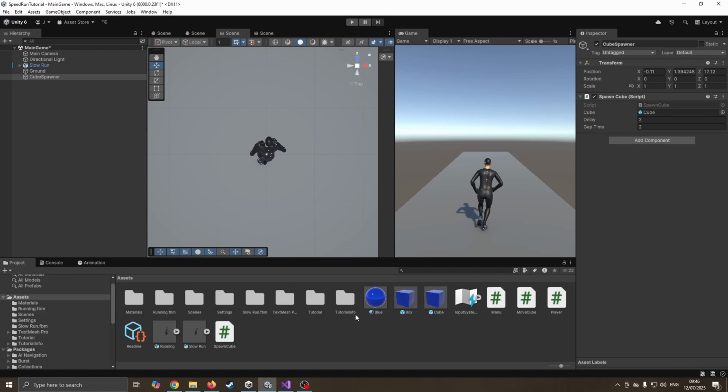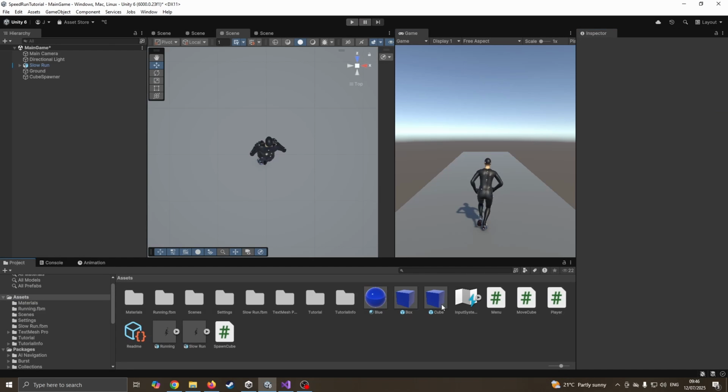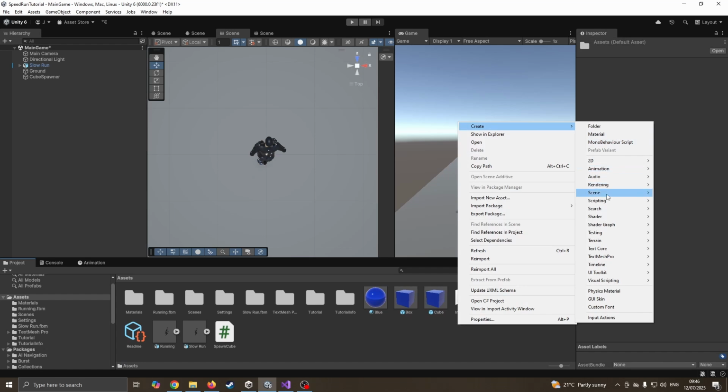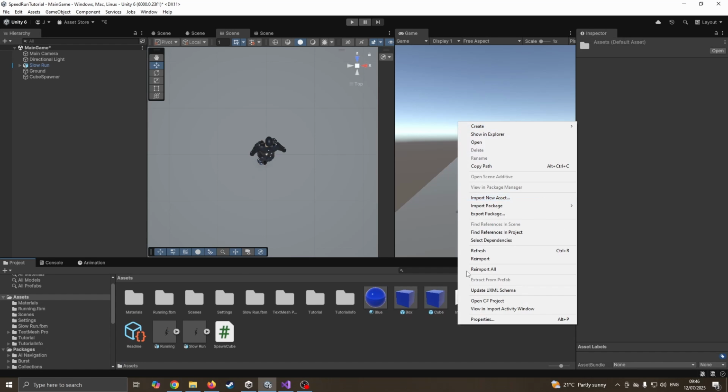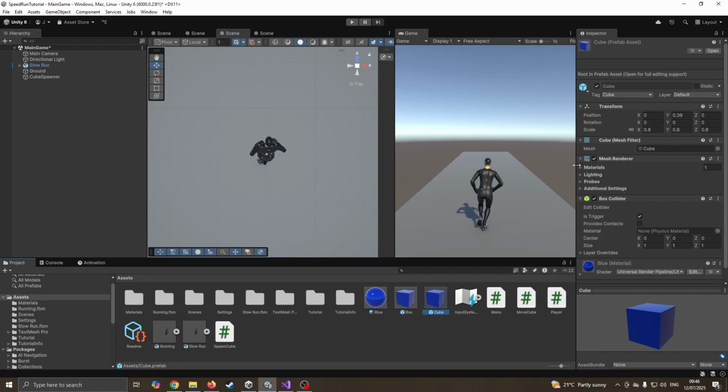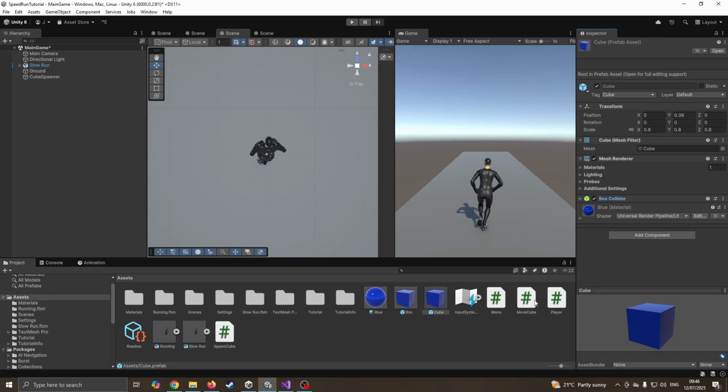So let's click back on our cube down here. It's the cube one I'm using, so it's that one. I'm going to click on it. I want to create another new script. Obviously I've already made mine, but it's script, monoscript, and I've called it move cube. I'm going to hide these so I've got a bit of space to work in. So I'm going to drag my move cube onto it. And velocity is 1. We don't actually want it 1. I'm going to change this to 10 because that's a little bit slow, as we'll find out in a little